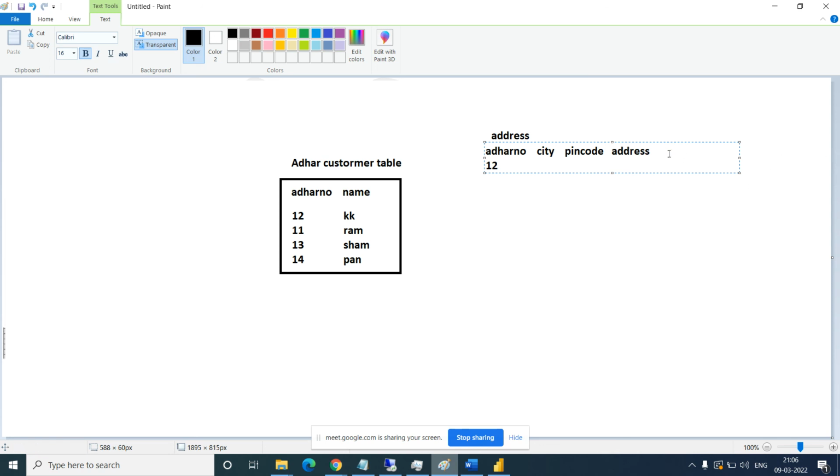So permanent address, and one is the temporary address. So 12, city is Nagpur. Pin code is this one, address I am just adding as dummy. And temporary address is like this. One more address there.